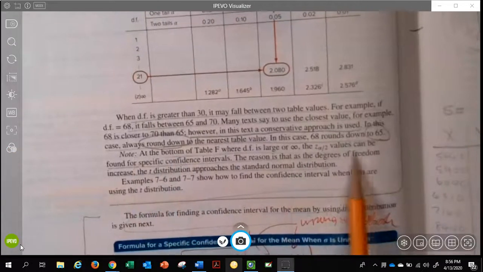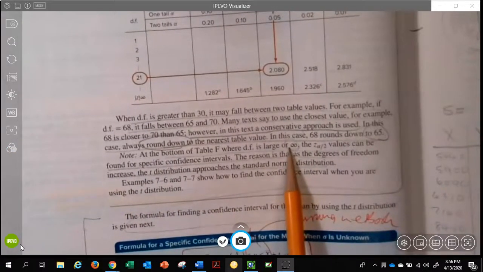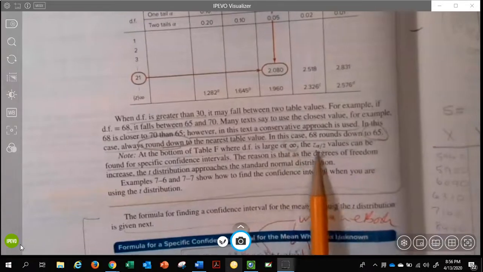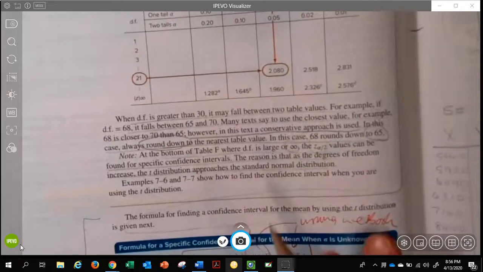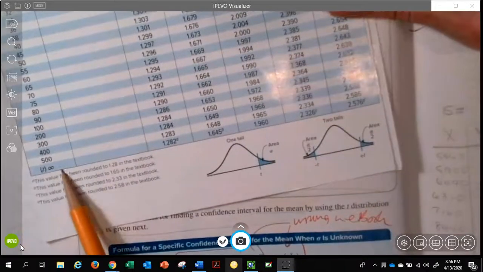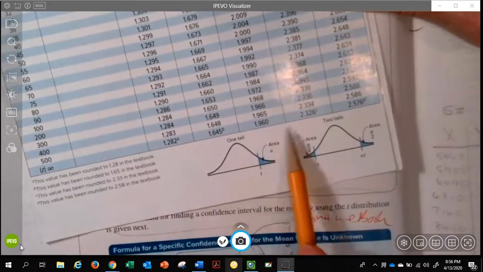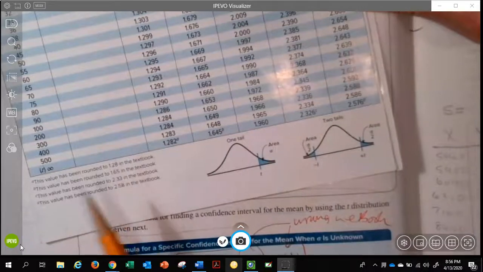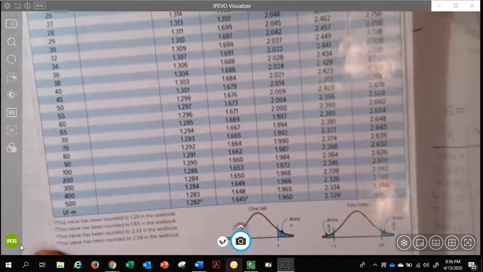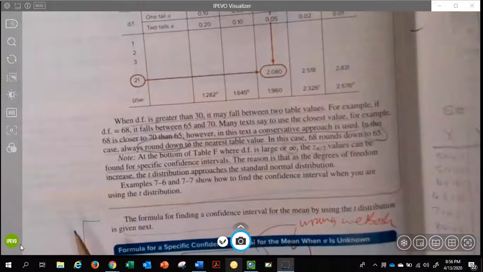And it says at the bottom of the table, when it starts approaching infinity, then it kicks us back over to, oh well, we're back to z sub alpha over 2. And if you look at the bottom of your chart, you see infinity, and these numbers start looking like, as it says over here, the numbers we've seen before and that you've written on your formula card. So this formula,